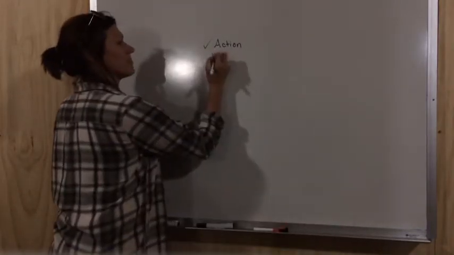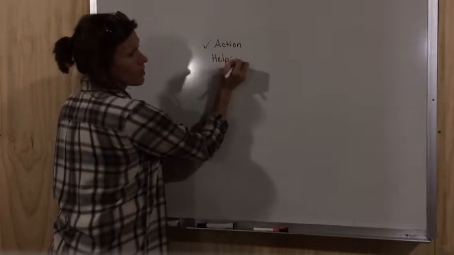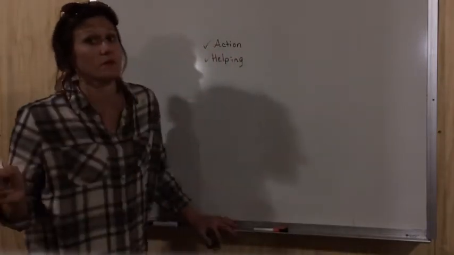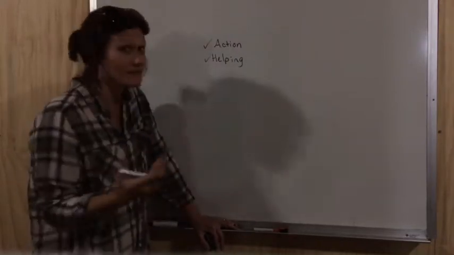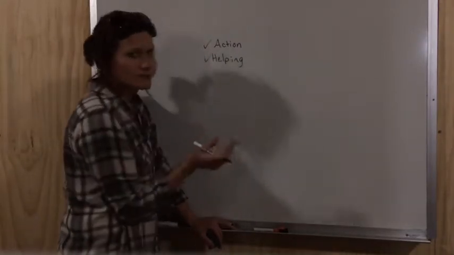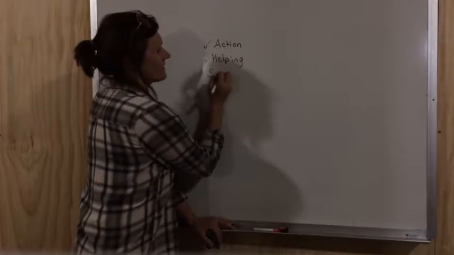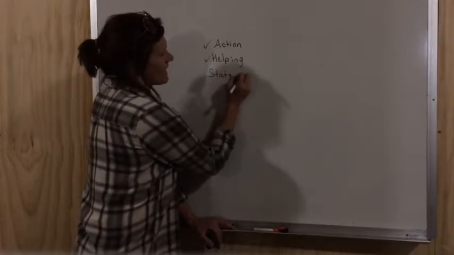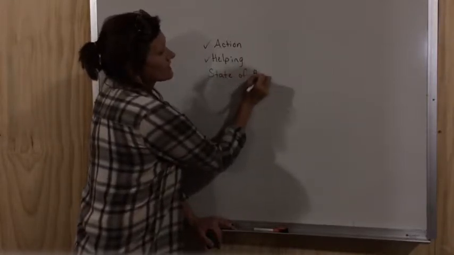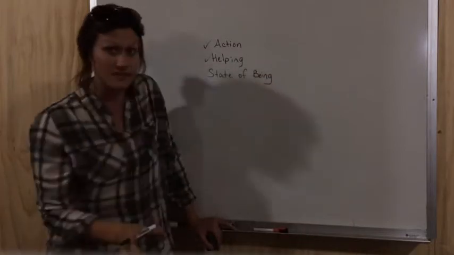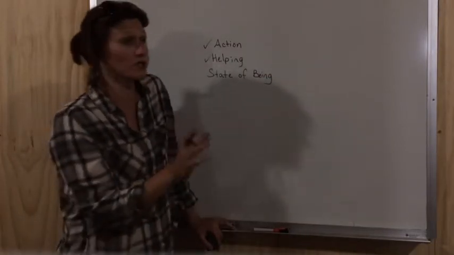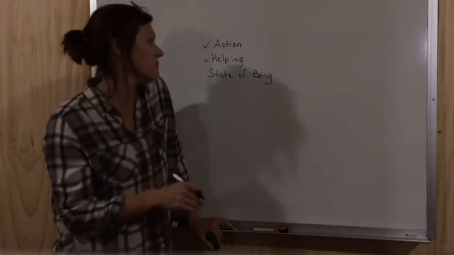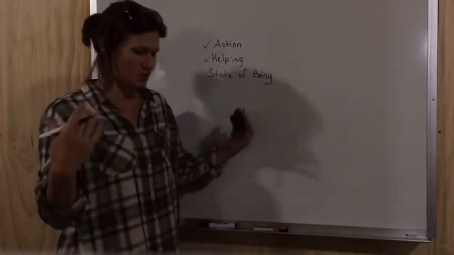It's helping the verb eating. Helping verbs don't always have to help action verbs, okay? They can also help other verbs. We'll talk about that in a minute, like state of being. State of being verbs, these are very boring little verbs. They don't tell an action. They're not helping anything. They don't link anything. We'll review that in a minute. State of being verbs, it just means you are.